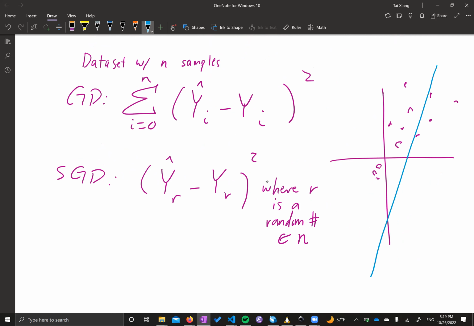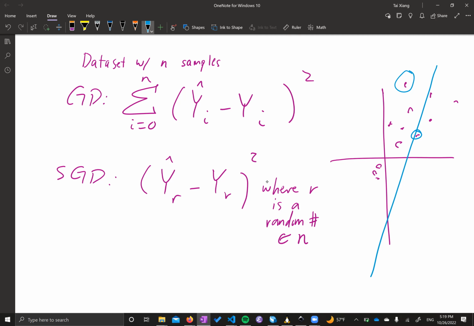Which point we choose to sample for error really changes things. If I sample this point in my SGD randomly, suddenly my error looks a lot bigger. But if I sample this point, suddenly it looks really good. So that randomness in how our error looks in each iteration gives us a little bit of stochasticness in where we move around. Now, sampling one point isn't necessarily a good idea, because of how much a single random event can swing our